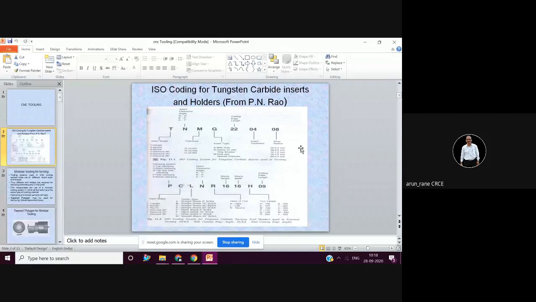So if it is asked for the 10 marks, then obviously it is expected that you must write all the details. Now here there are two questions.